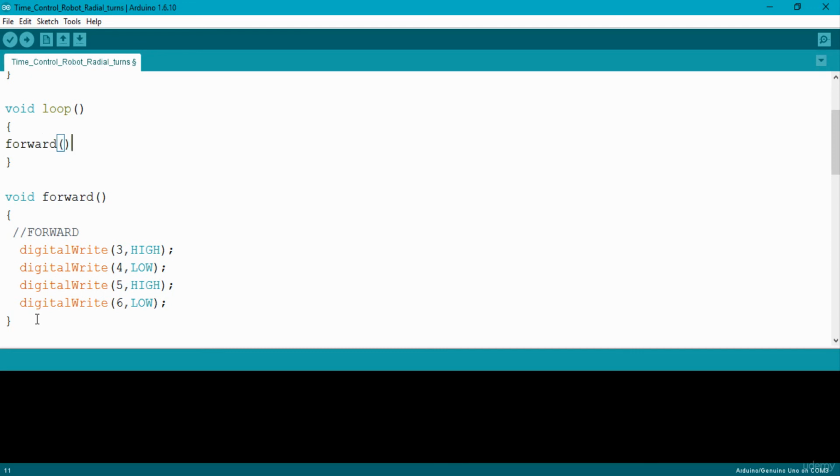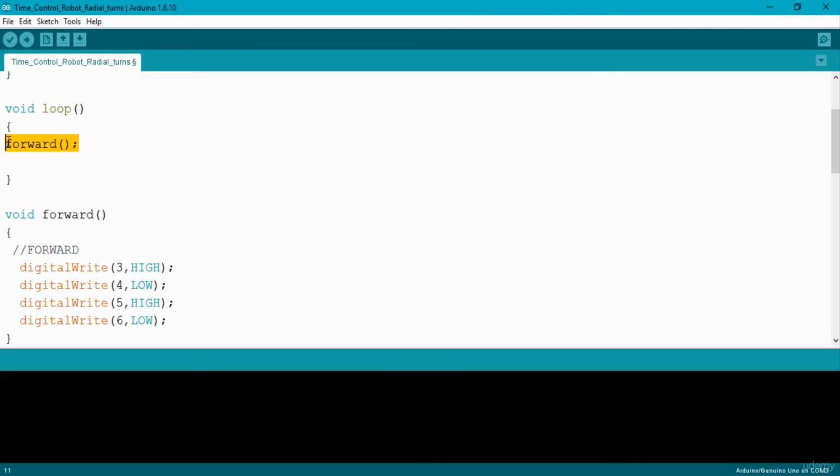I'll open and close round brackets, and at the last, I'll put a semicolon over here. So when you write this term forward by opening and closing round brackets after it and then putting a semicolon, that basically means you're calling the forward function inside the void loop. So now inside the void loop, first the high-low condition will execute, but since we want to trace a square, next